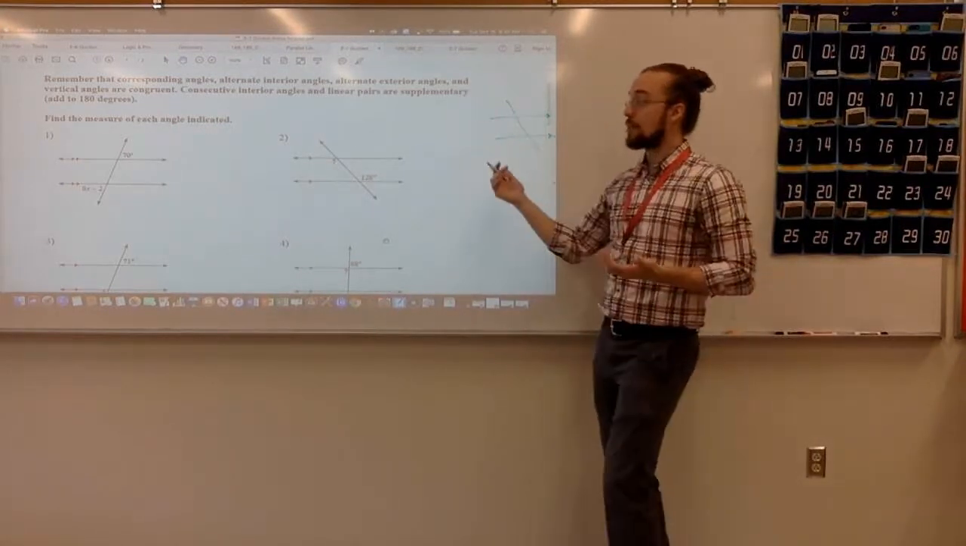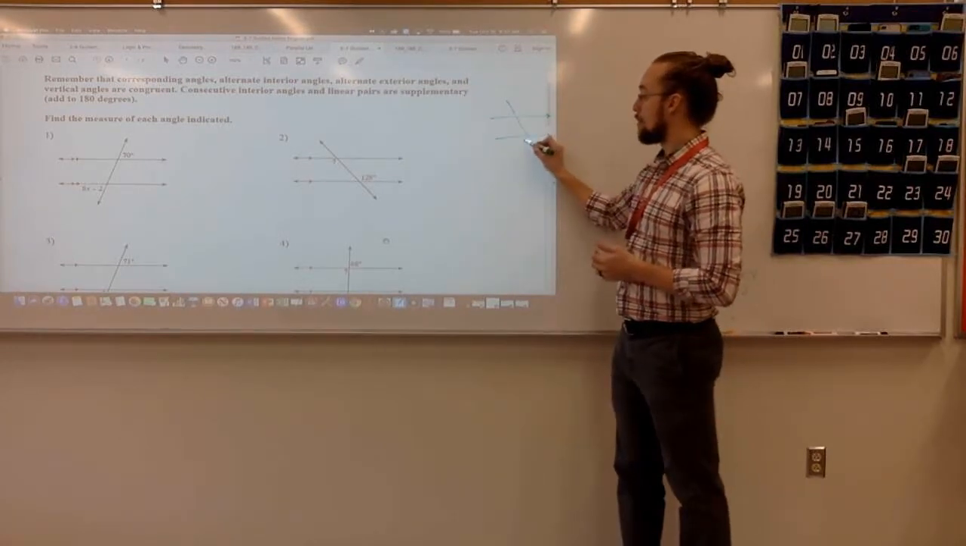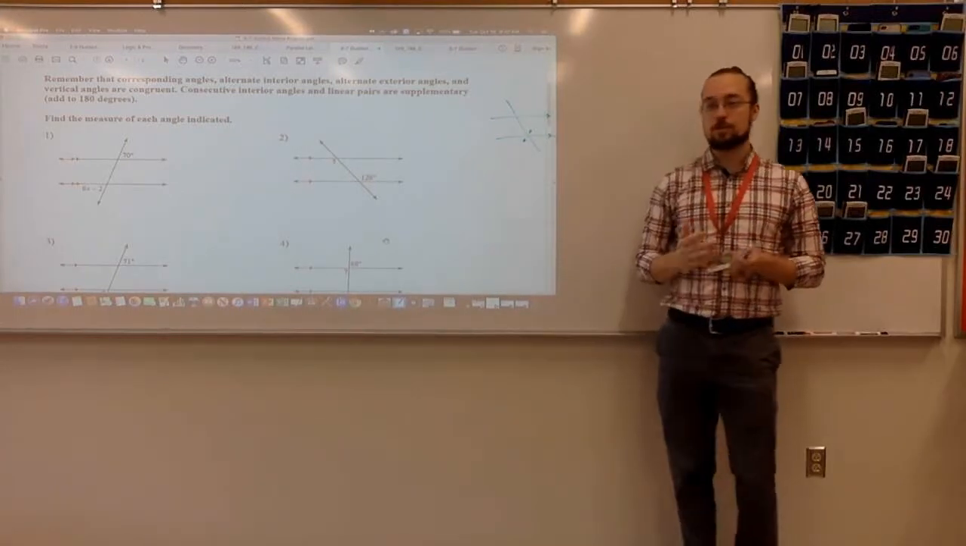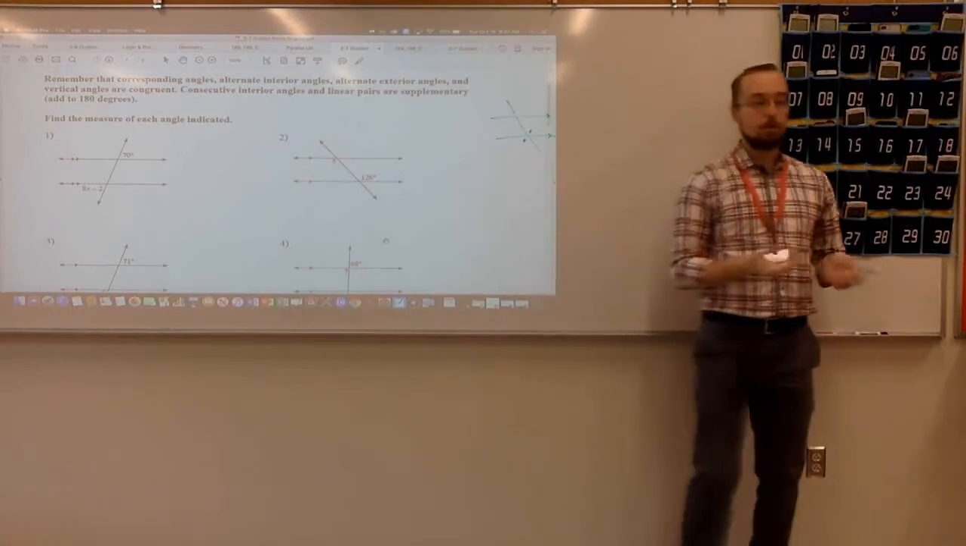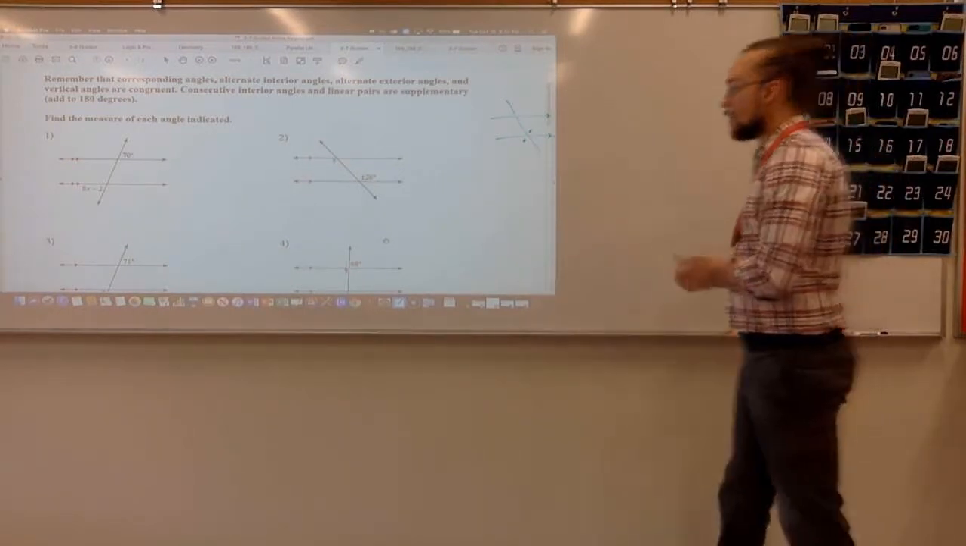Then, another one that we already talked about was vertical. And remember, vertical just means right across from each other when we have a pair of intersecting lines. So these two angles would be an example of vertical angles. Then the two